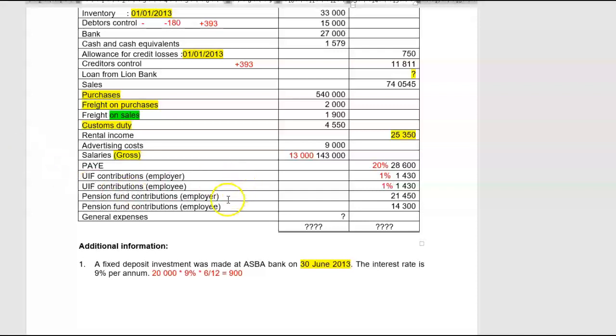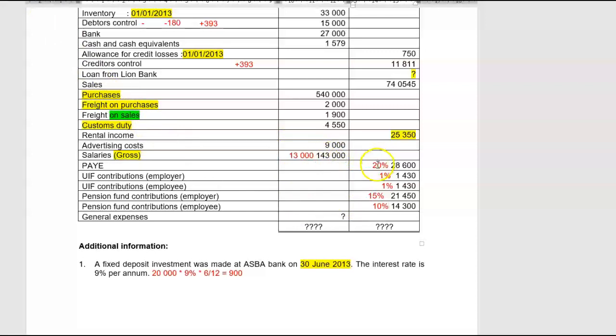Then pension fund contributions by the employer gives us 21,450 divided by 143,000. And once you've calculated that, you will see that is 15%. Then the employee's contribution is 14,300 divided by 143,000, and that gives us a total of 10%. Great. Now, if we know that our monthly salary was 13,000 gross salary, we can now determine all the deductions